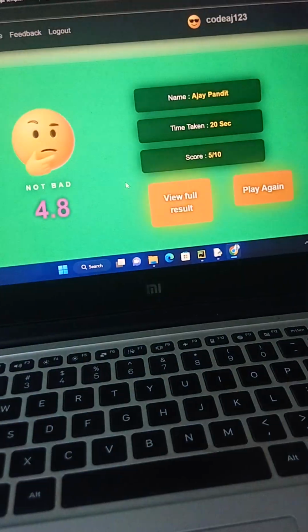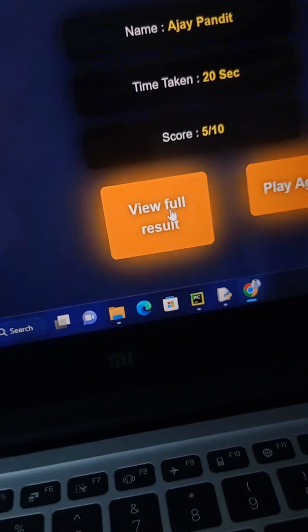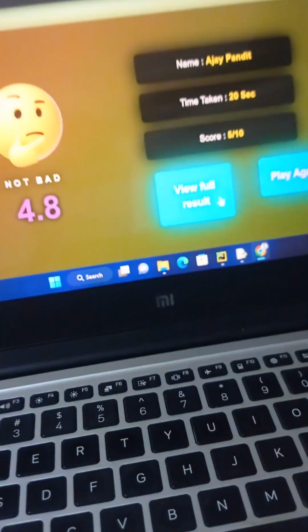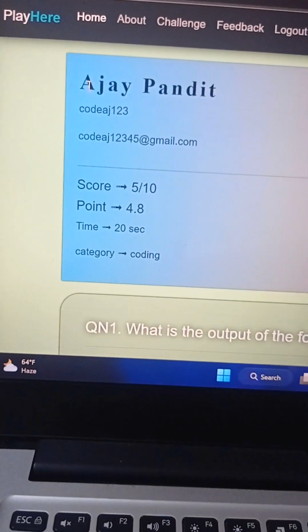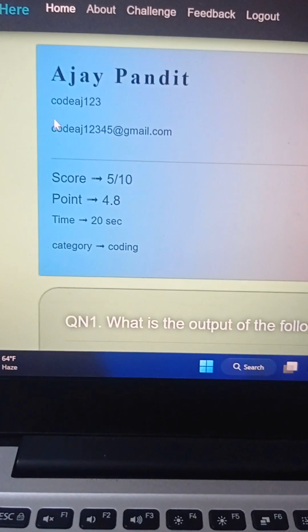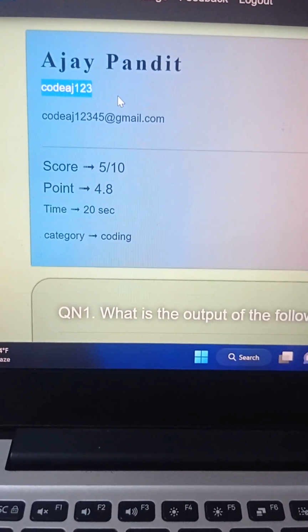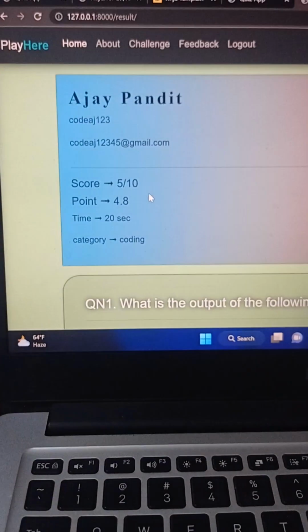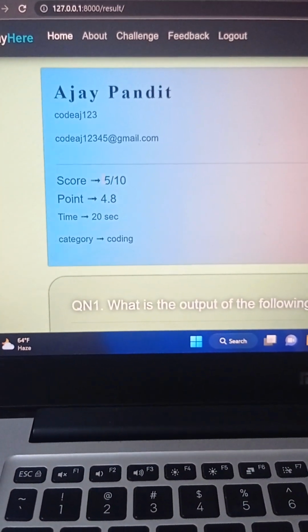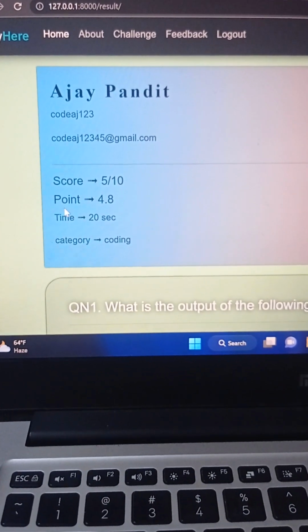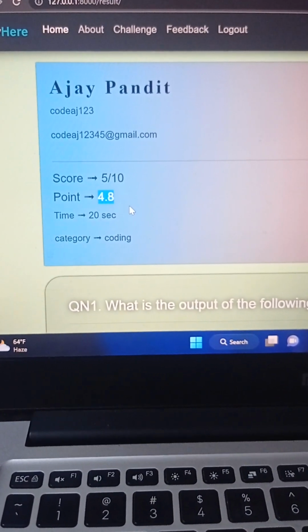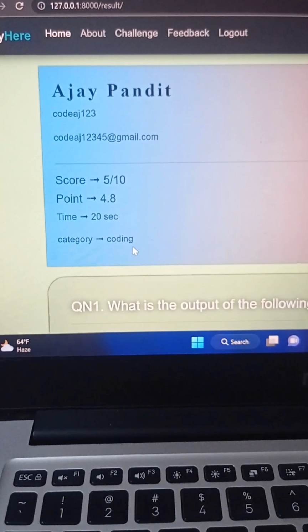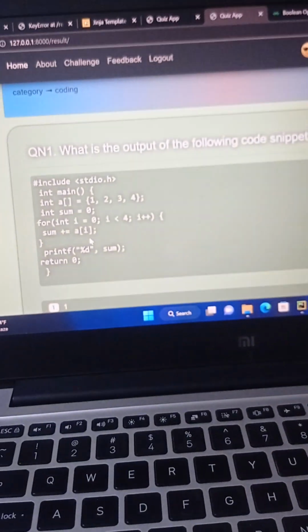After getting the result, then you can see I add new feature, view full result. Here, when you click here, then you can see your profile, your username, your email ID, and profile image. After that, your score 5 out of 10, and your points point of 10, total time taken, and categories. After that,